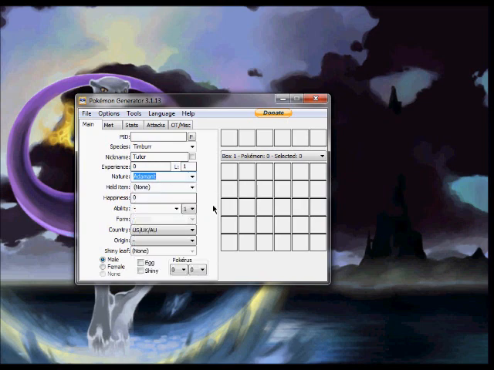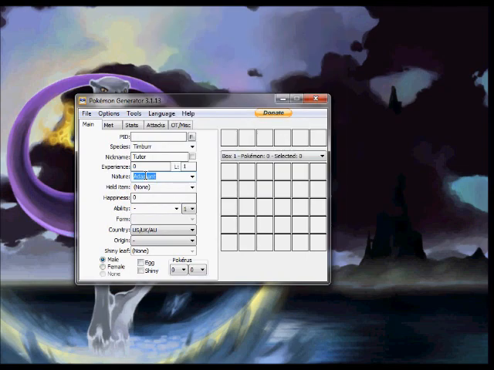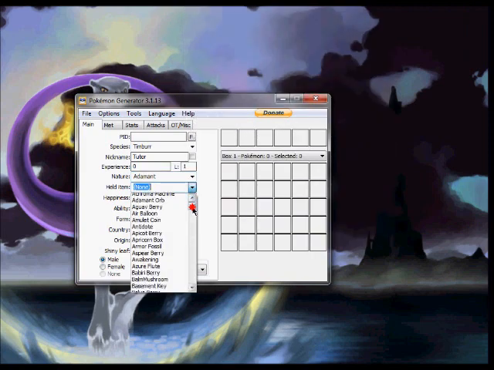Please try to keep the nature equal to like the best nature for the Pokemon in question. Like for Timber, you'd want an adamant one, because that will up attack and bring down special attack, I believe. If my thing would stop blinking so much so I can find adamant. Yeah, minus special attack. Held item, you got your full list here,